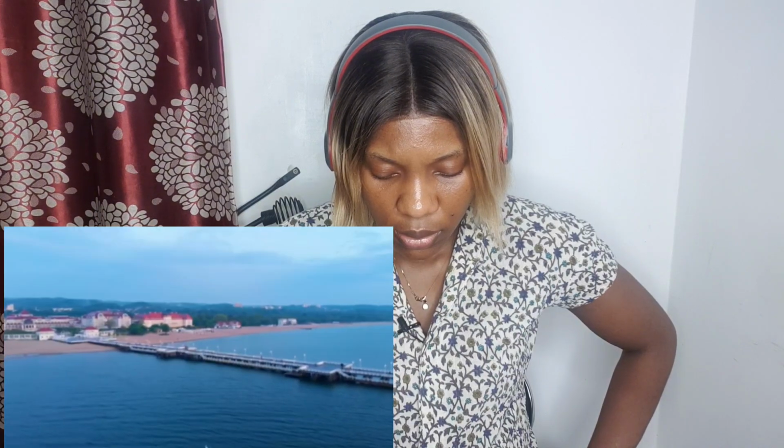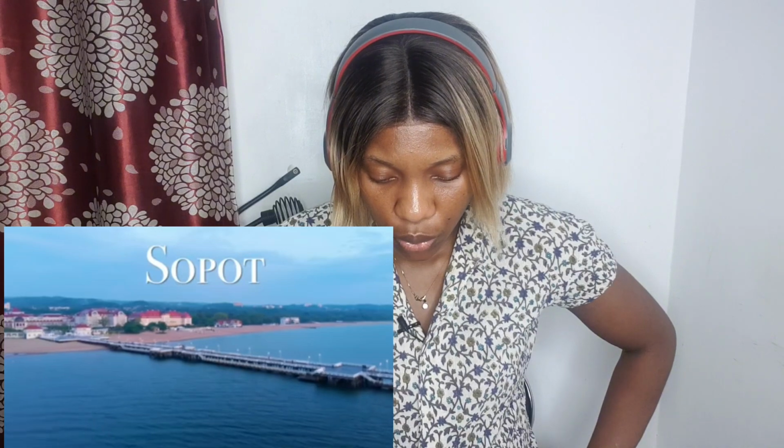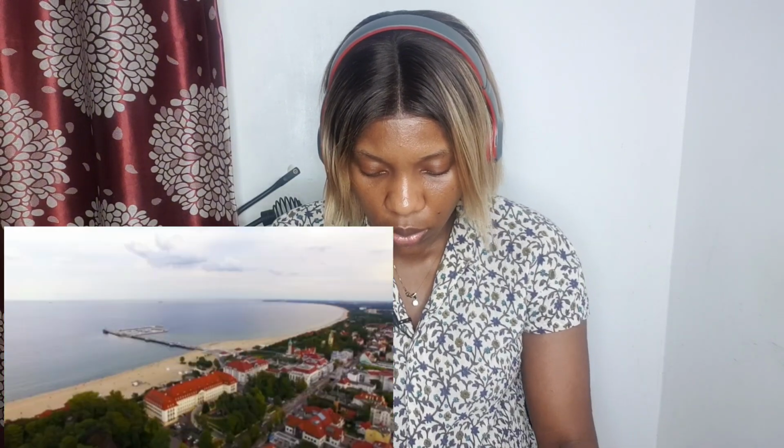Now after, we're going to head to the northern part of Poland to visit Sopot. Now located right on the Baltic Sea, Sopot was a...